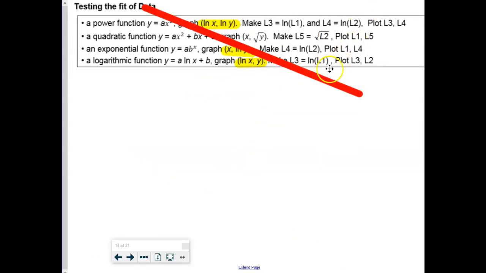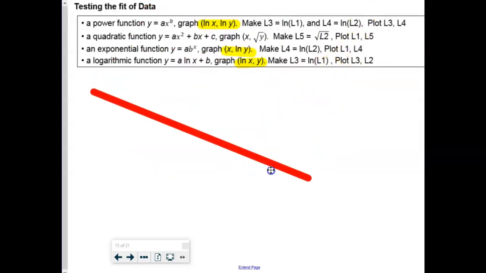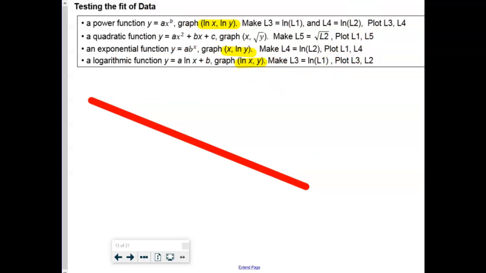In your calculator, if we made you do this, here's what you would do. You would put your data into list 1 and list 2. List 1 would be all your x's, and list 2 would be all your y's, just like you always would enter it. But then in list 3 and list 4, in list 3 you'd